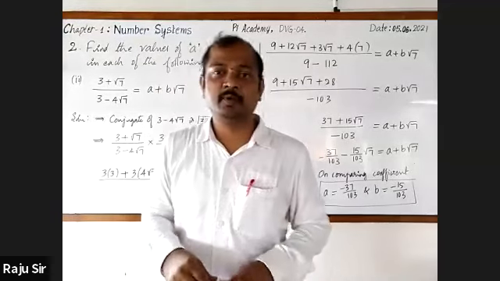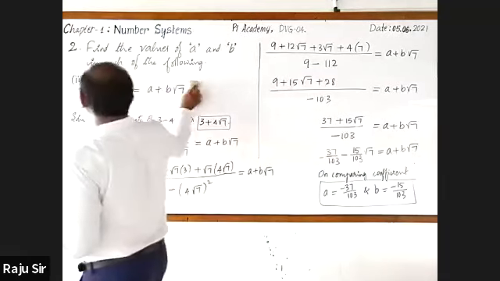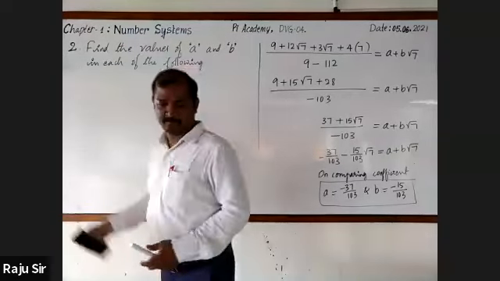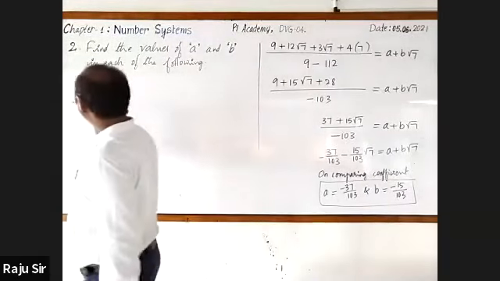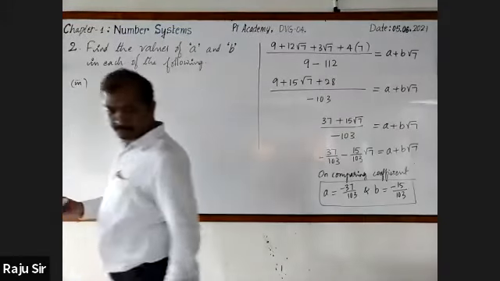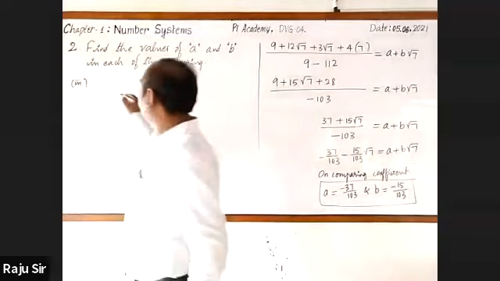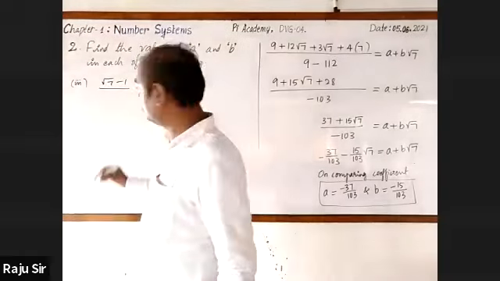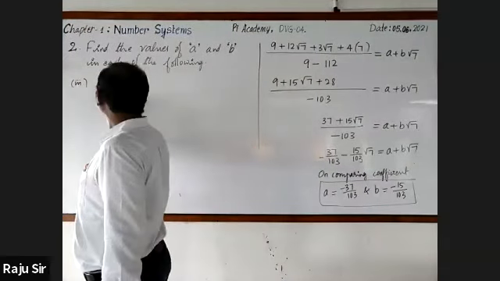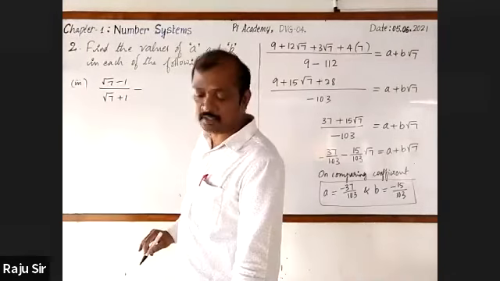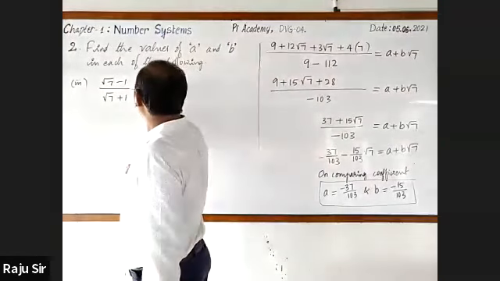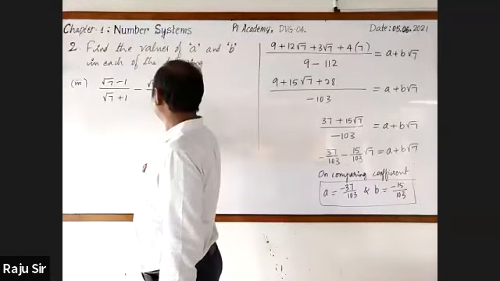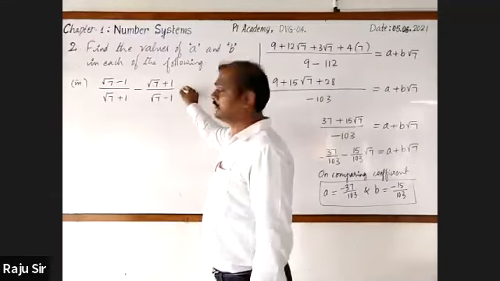Now I'll give you one more. Even this was given in the examination. This third one: root 7 minus 1 by root 7 plus 1, minus root 7 plus 1 by root 7 minus 1, that is equal to...